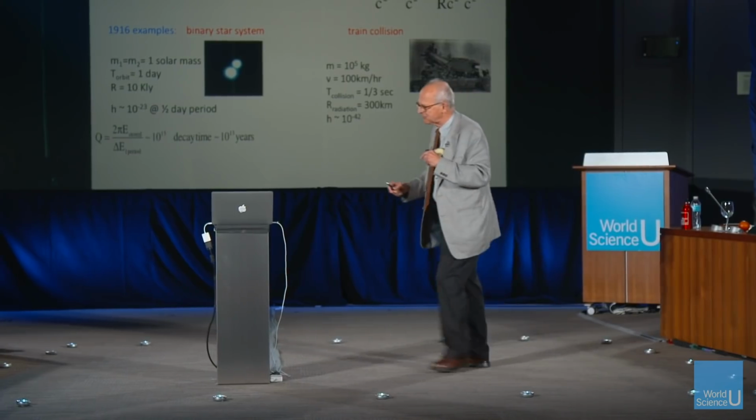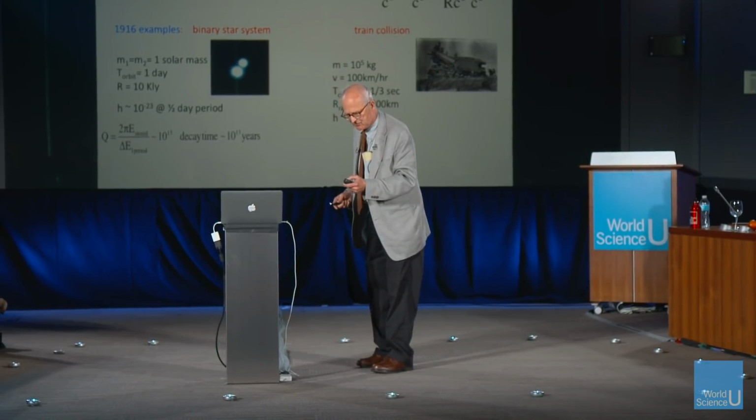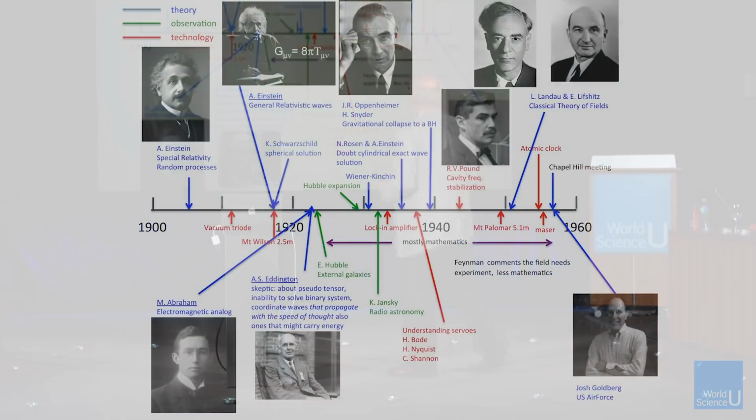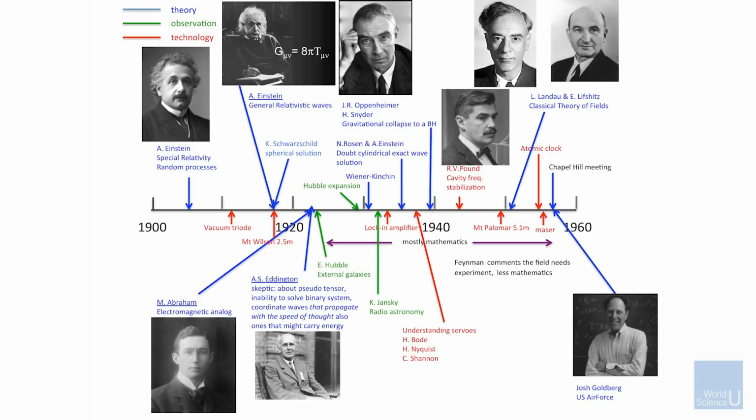And that's why I made these pictures that are the history of the field. So the very first thing, and I'll give you now the basis of these pictures, is that things that are blue are theory, developments in theory from 1900 to 1960. Well, there are 2 more of these slides, so you have to bear with me. And the things that are green are observations, things that have changed because of observation, things that happen in astronomy. And then finally, the technology. And I'm not going to walk you through all of this. That's crazy. That's for you to look at.